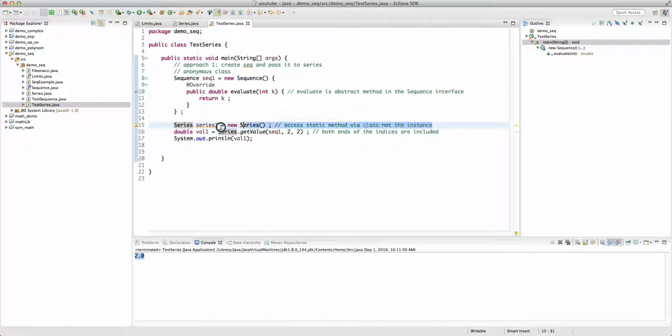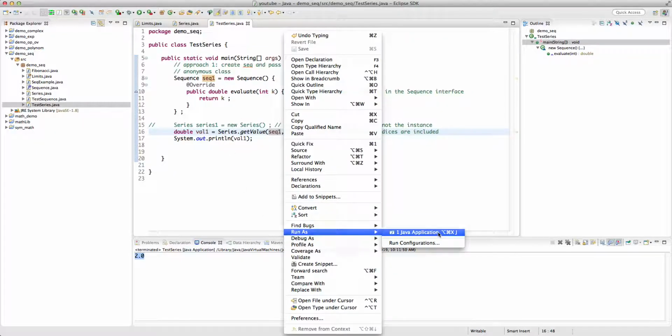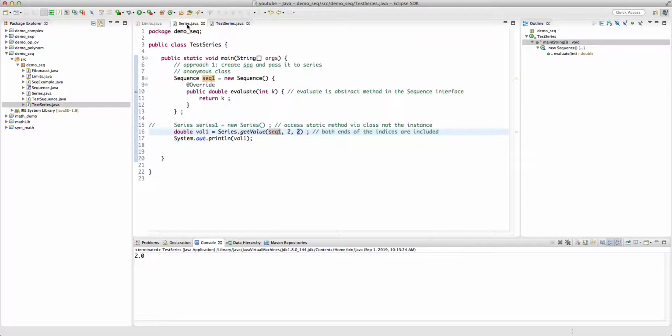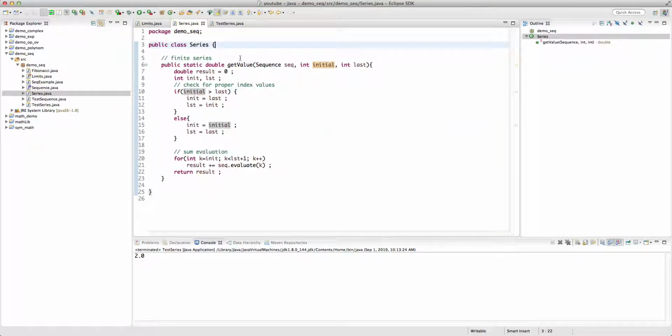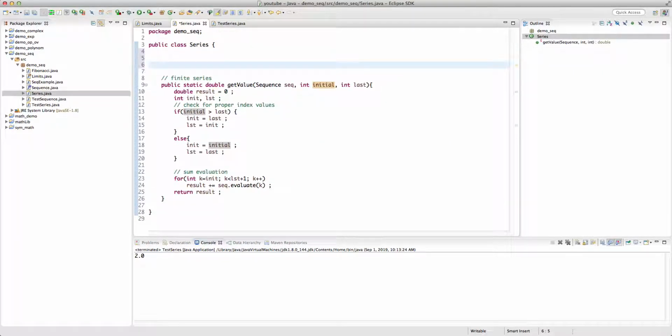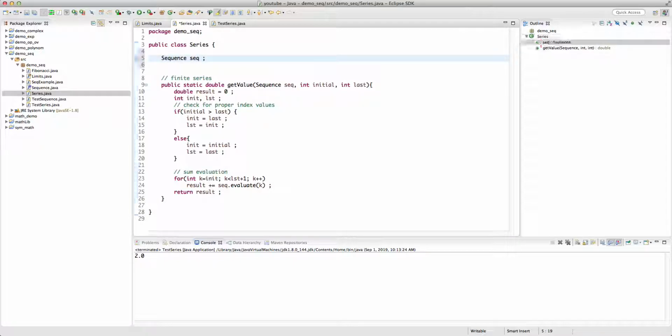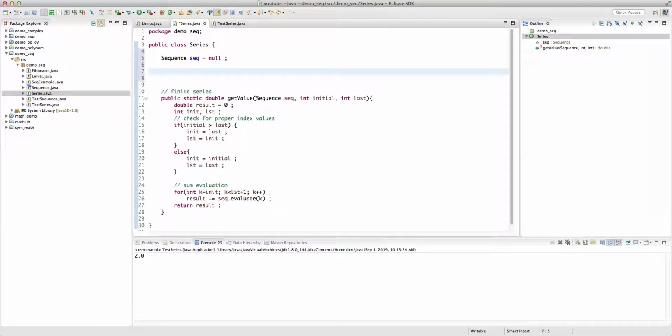Alright, in fact we don't even need this. I'm going to highlight it, and this still works, right? getValue with the sequence from here to here still works, but this is not efficient. So what we're going to do is create a constructor here. So basically create an instance sequence, which gets initialized to null, or we can explicitly set it to null, and then I'm going to have a constructor, and here I'm going to pass a sequence,